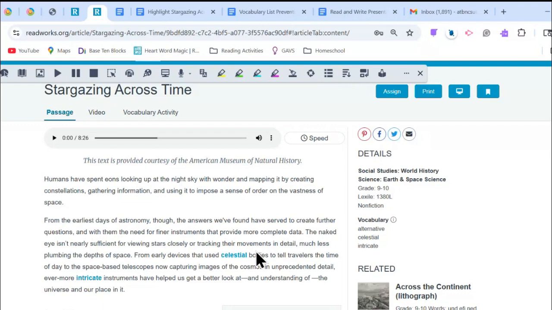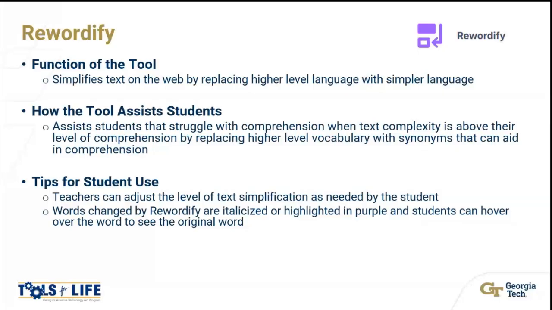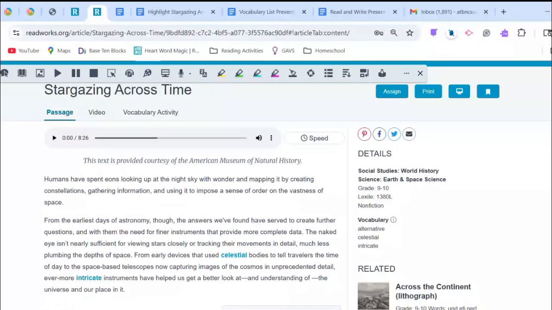The last tool I do want to get into is called the Rewordify tool. I'm going to stay here and then I can go back to the PowerPoint, but the Rewordify tool allows you to simplify text on the web by replacing higher level language with simpler language. Okay, can you see? Yes. Okay. So for this,